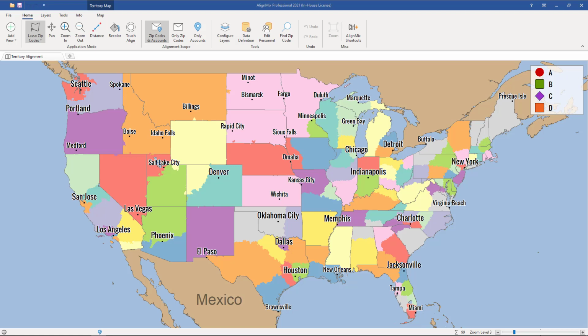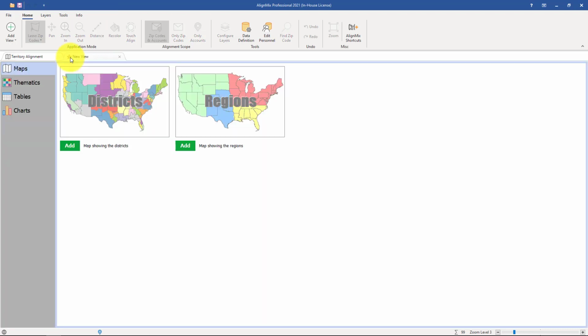In this AlignMix video, you will learn how to use the Radial tool when using a district or region map view. The Radial tool will operate the same way as it does at the territory level. You simply right-click on that area and you'll see the Radial tool pop up. So let's close out of that Radial tool here on this territory view, and let's open up a new tab